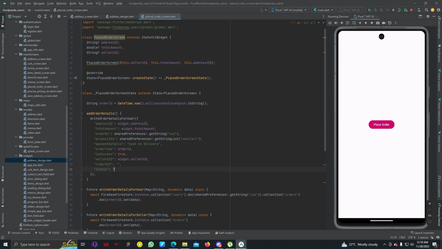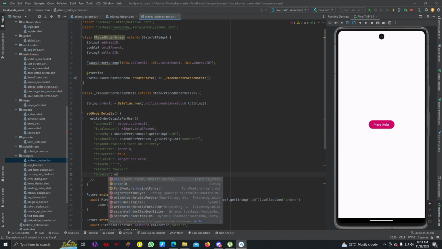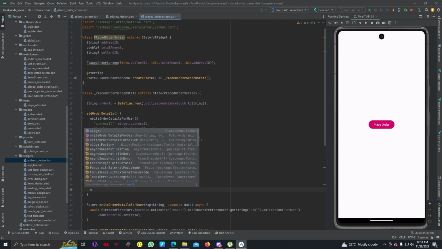So then status, it can be normal, and then again orderId should be orderId. So orderTime and orderId would be same,